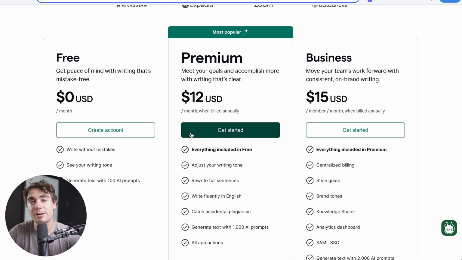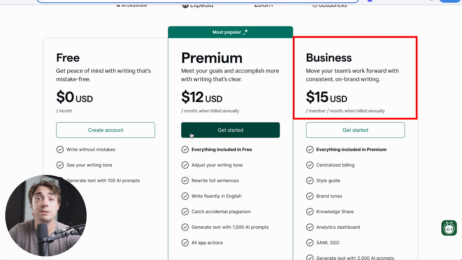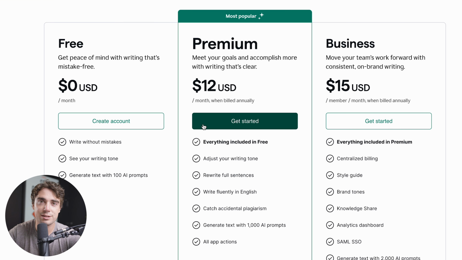And when it comes to pricing, there's going to be 3 different tiers that you got to look out for. There's going to be the free, premium, and business versions. Now, for most of you guys, honestly, if you're just looking for a tool that can help with your writing, the free version is just going to do just fine. Pretty much all the tools are going to be included in the free version, and it even has 100 AI